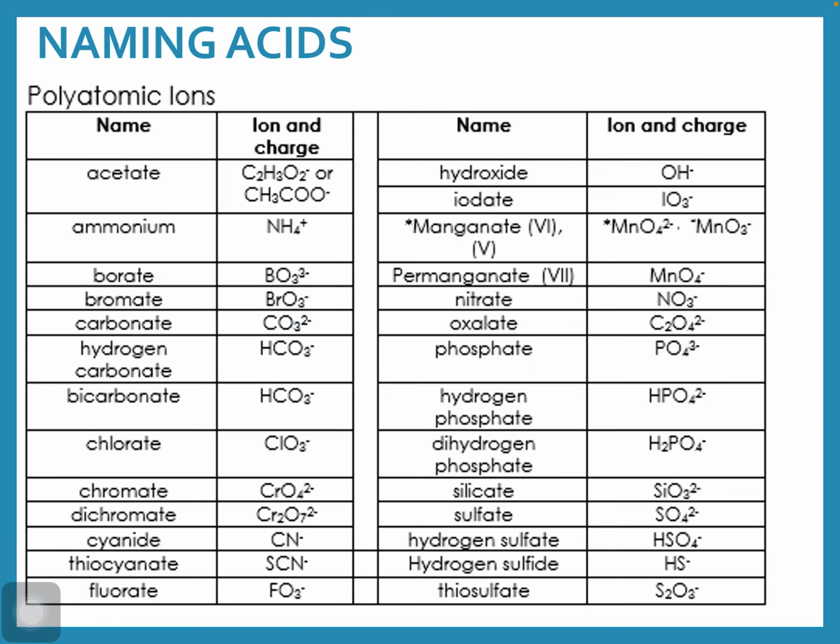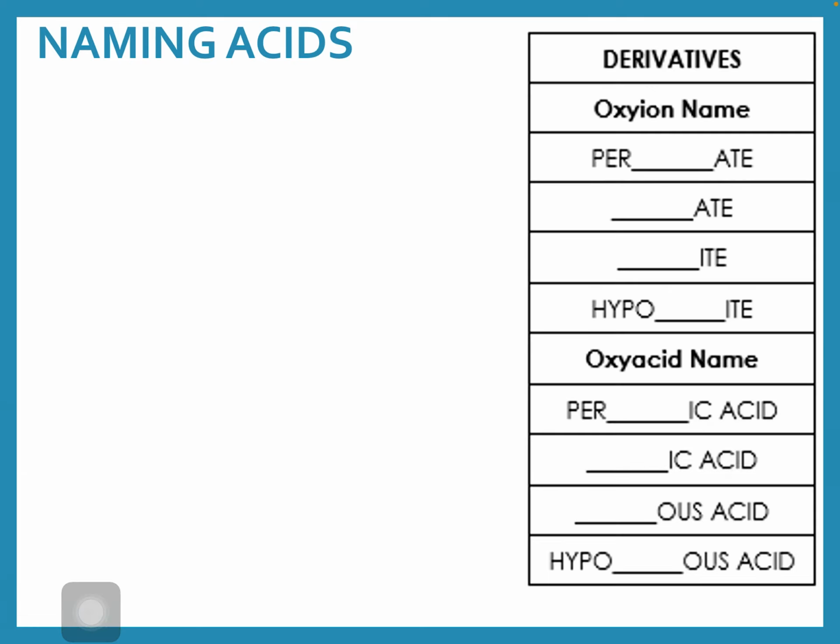If, on the other hand, I am paired with a polyatomic ion, then the name is going to be based on that. So you'll notice that a lot of our polyatomic ions here end in -ate, and all of the names we're going to look at are based on those polyatomics. And we are going to choose chlorate as our example that we work through. So right beside this table in your data tables, you have this table. And so this is based on